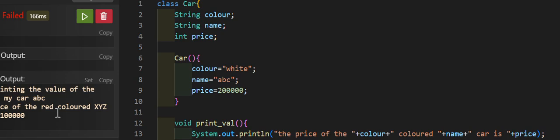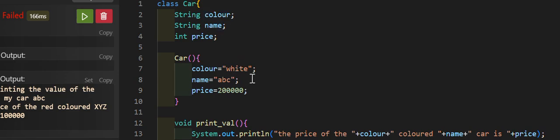So right now ABC is getting printed, and that is because, as I said earlier, the default constructor is being created by me and not by Java this time. Whatever object I create from now onwards using this default constructor, the data members will be initialized to these values.